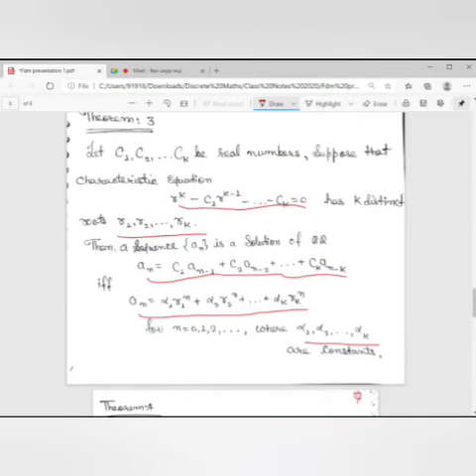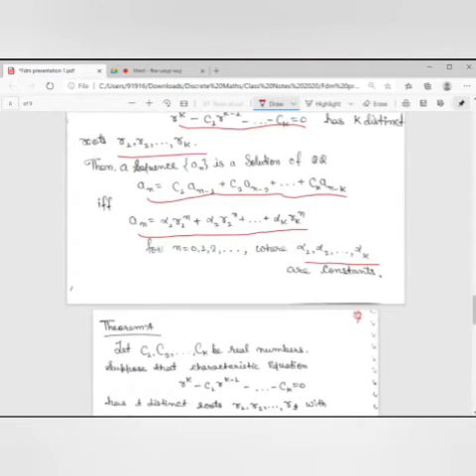If anyone has any doubt in theorem number 2 and 3, please ask. If anyone wants an example for this theorem, I can upload it in the group. Due to time deficiency, I have not presented it here. If anyone wants, I can upload it in the group. Should I continue? Hello? Do you have more to say? What else do you have to say? Ma'am, I am going to theorem number 4. Okay.